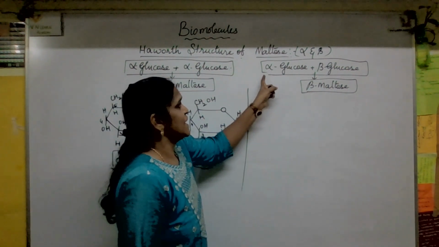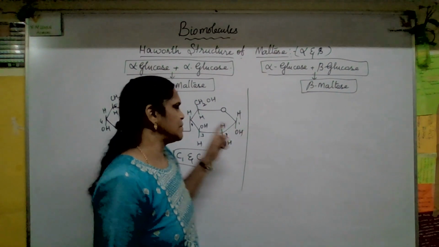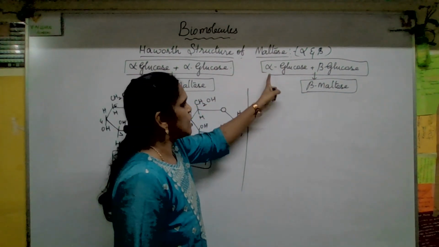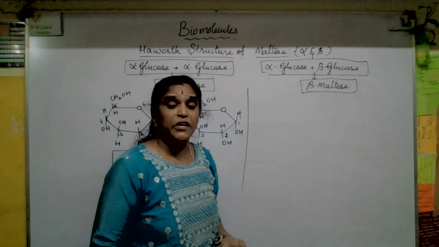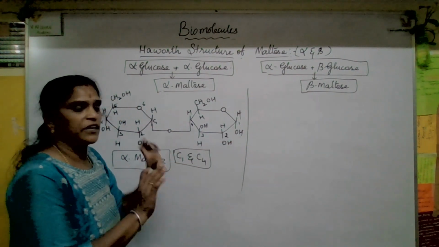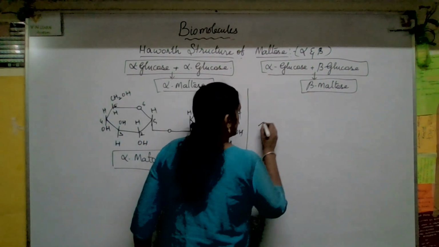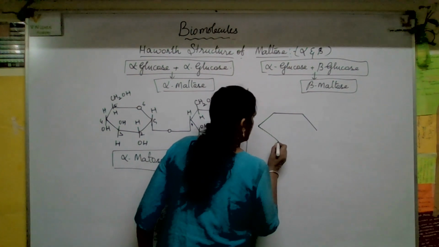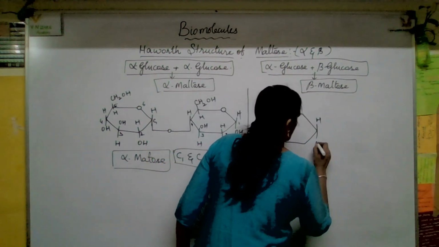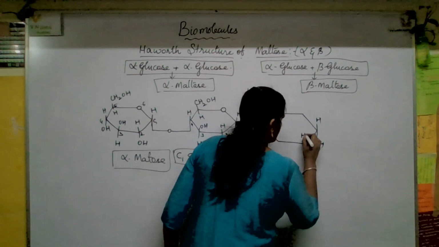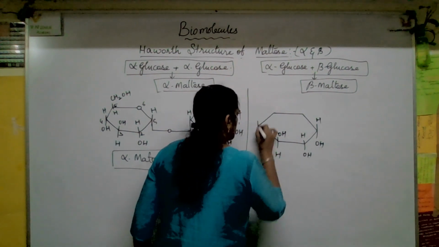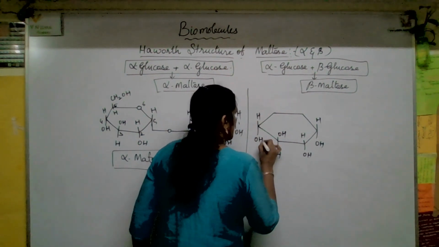Now we are going to see beta maltose. It is so simple. Already we have gone through this. Beta maltose means alpha glucose plus beta glucose. In beta glucose, the OH should come on the top. The rest will be the same. Okay, let us go for it. Here a six-membered ring. For that, alpha glucose is the same. H, OH, and then here H, OH, here OH, H, here H, OH, and then